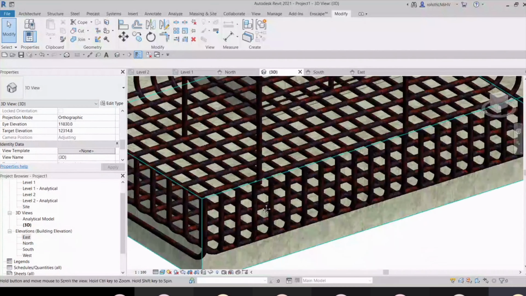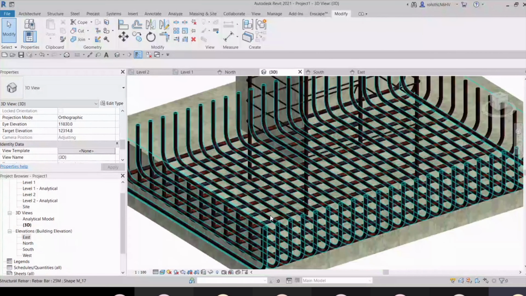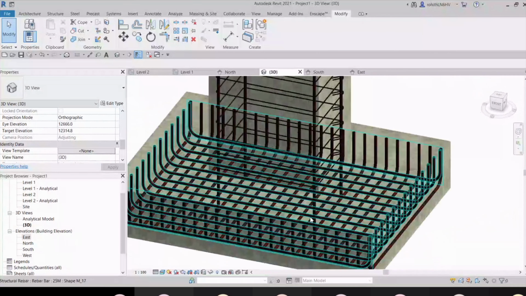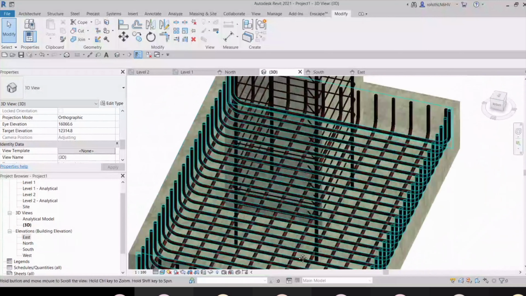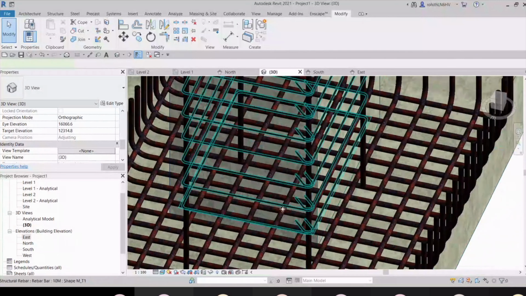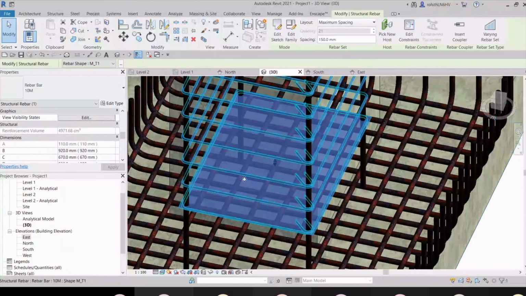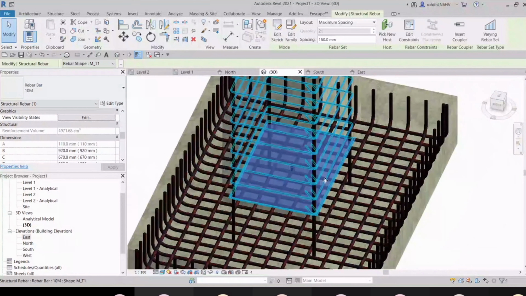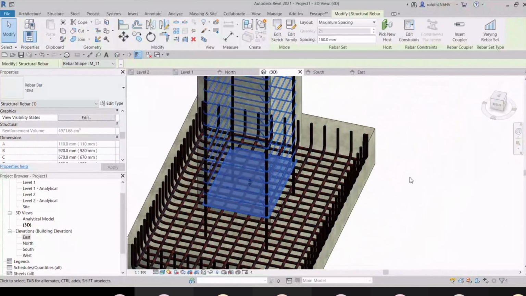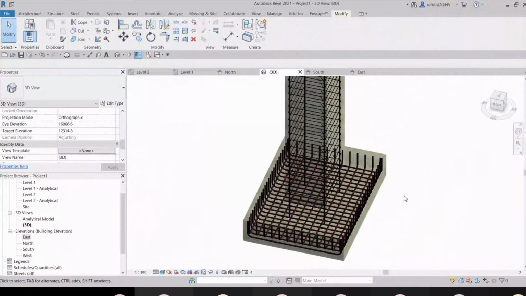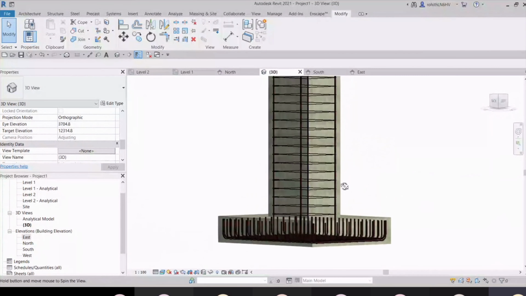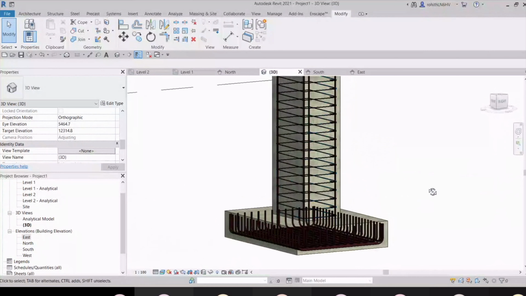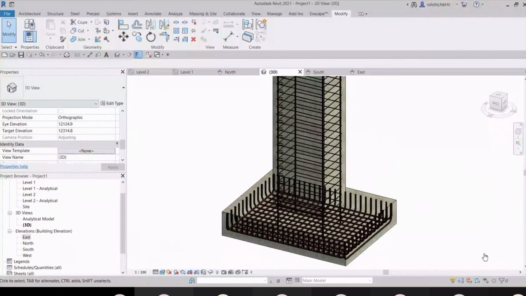These are the rebars, you can see. So I hope you have understood how to do it. This is all for today.